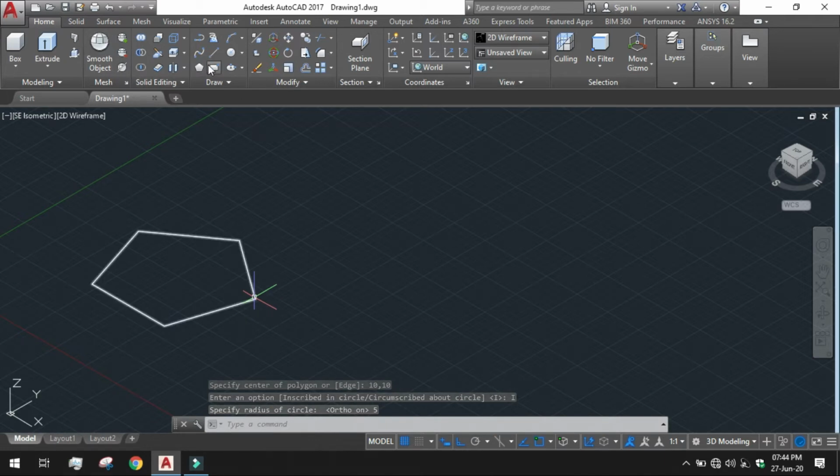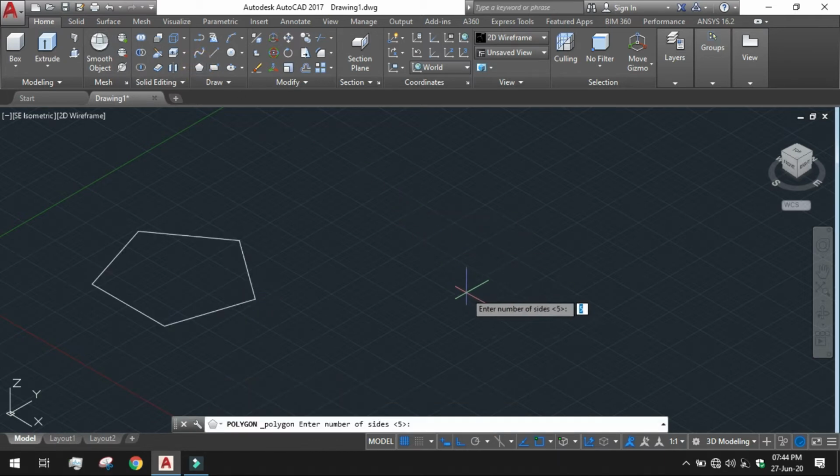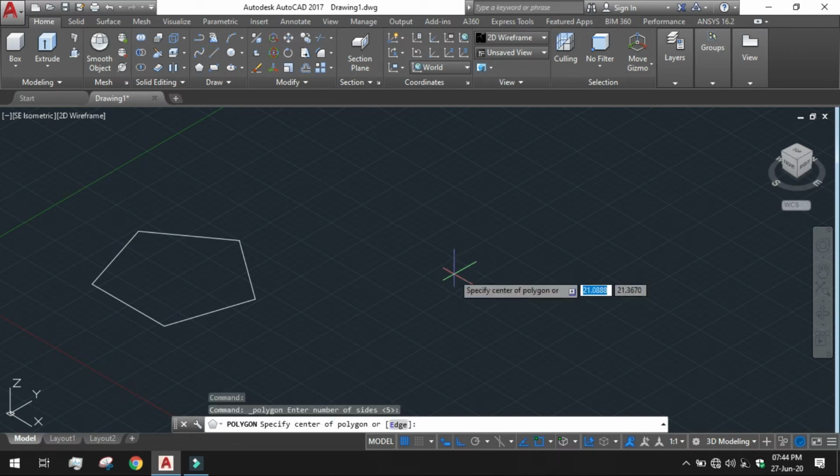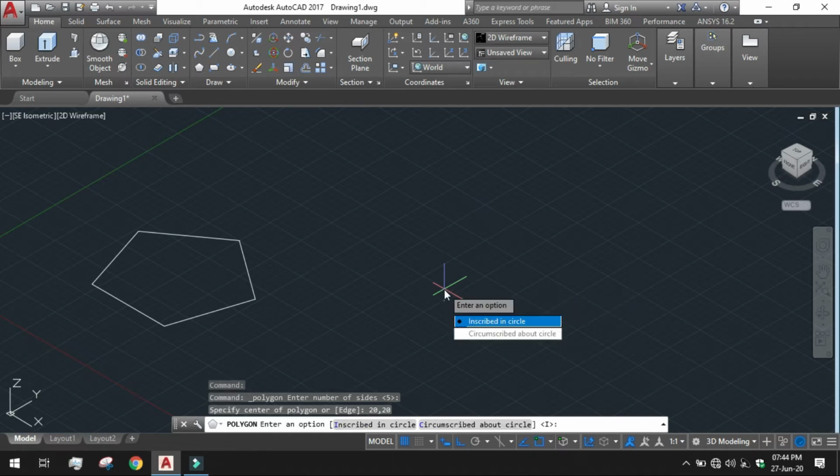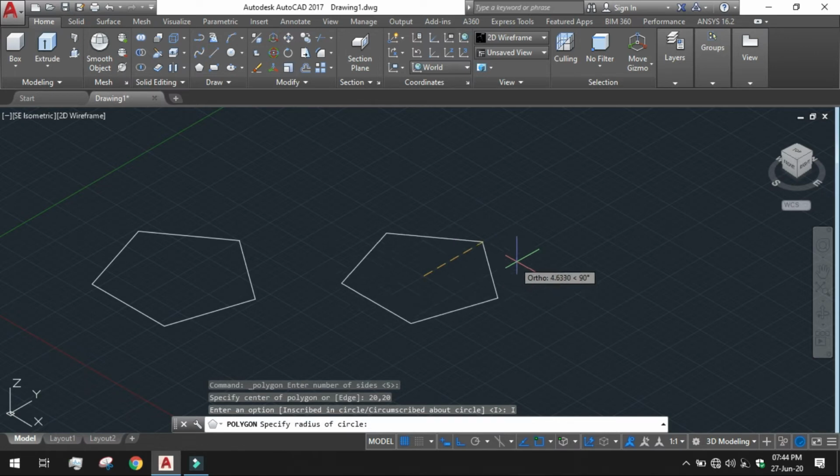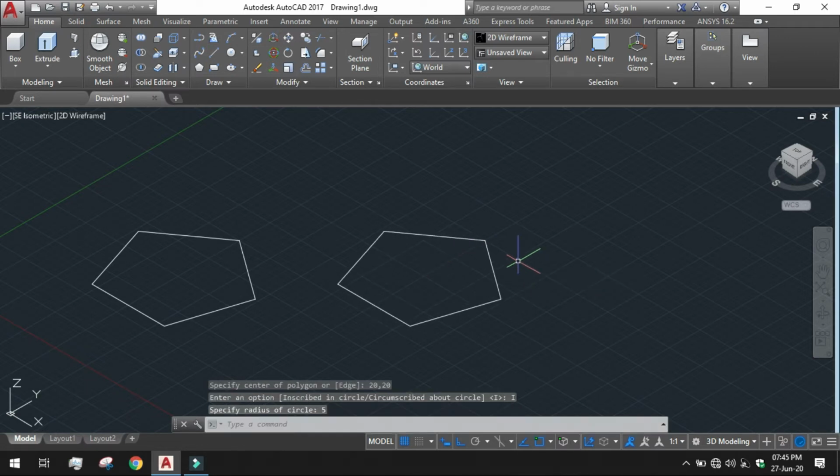And I want another, again number of sides 5, and I am giving it at 20,20, and again the radius is 5. So these are the two bounded curves over here.